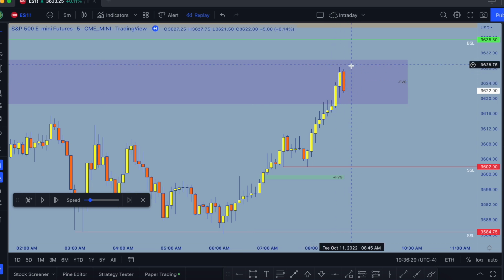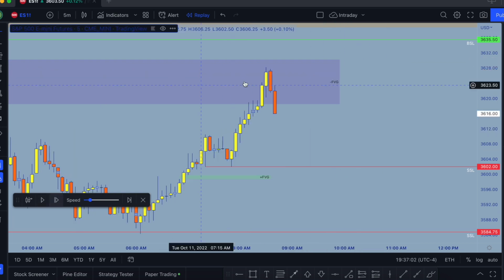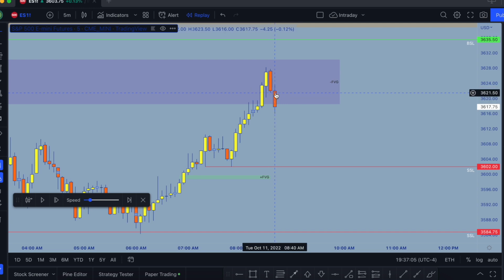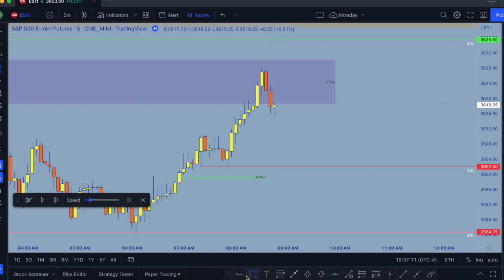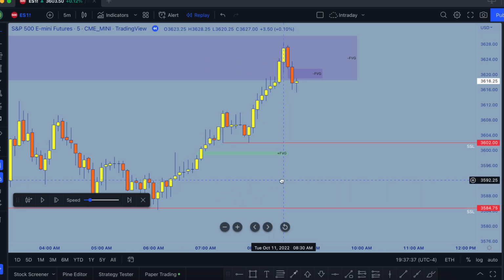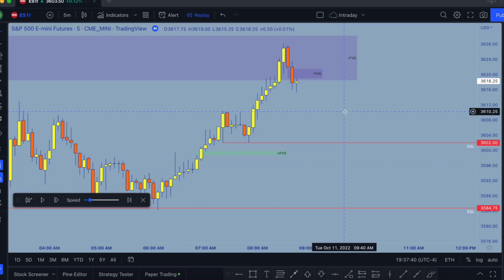And then I see that we set relative equal highs here. Price is now starting to trade down with a little bit of force before the open at 8:40. And then we also set a small 5-minute fair value gap here. So knowing what we know about gaps, we do know that you can take gaps short. You can either try to fill them, or you can take a short from the bottom of the gap. So you would be taking a risk shorting here due to this fair value gap not being filled. So it could shoot through here, but if that's a risk you're willing to take, betting that we go take these equal lows and maybe even these equal lows or even just to this gap,